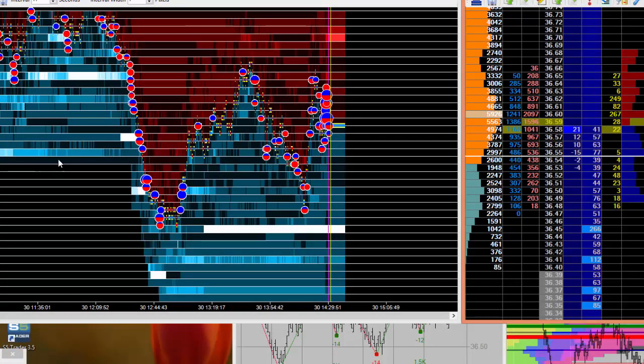So here you see that we have black stripes, light blue, darker blue, actually white stripes, and just the opposite on this end, you have black stripes, red stripes, lighter, and if it got really heavy, you would also have white. Now, this is compared to what you have here in the book. This is your book,